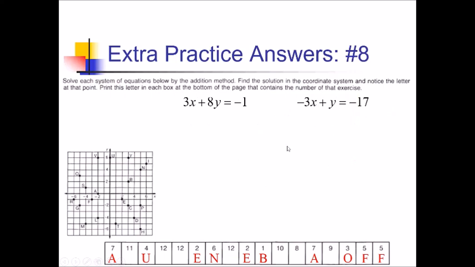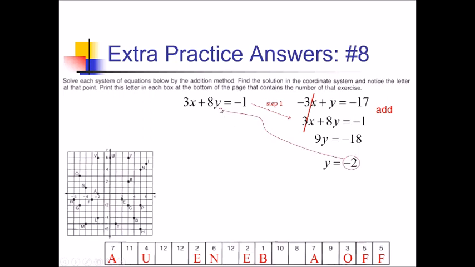For this system of equations, I notice that I've got opposite-like terms, 3x versus negative 3x. So if I write this first one down here and just add these together, those 3x's are now going to cancel out. And then we have y and 8y adds up to 9y, and then negative 17 and negative 1 adds up to negative 18. Dividing both sides by 9, I've got y equals negative 2, and then if I plug negative 2 back